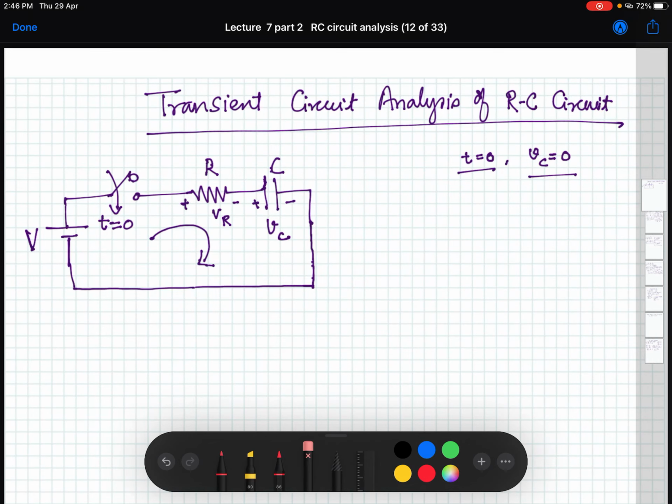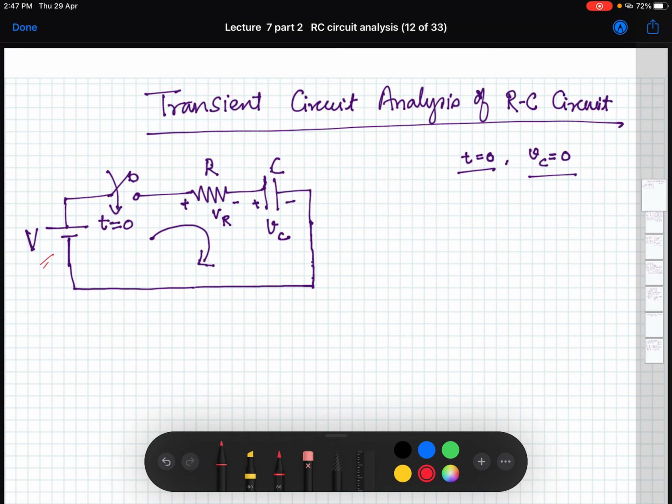So welcome to this lecture 7 part 2, and here we will try to do transient circuit analysis of RC circuit. Before going to rigorous analysis of RC circuit, we'll first intuitively analyze this circuit, okay, RC circuit here. So if you see this circuit, this is a voltage source here,